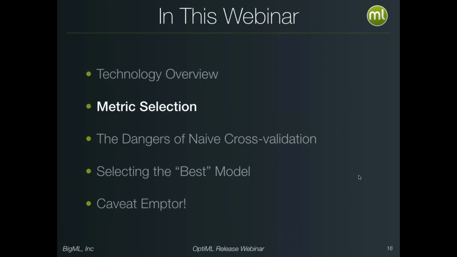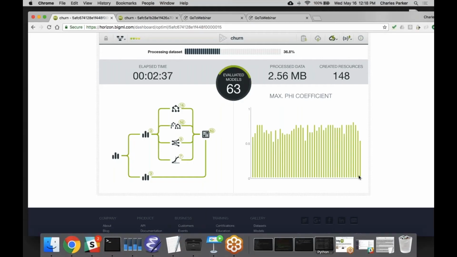The caveat here is that even if most metrics are pretty correlated, a good model by one measure is usually a good model by most other measures, but sometimes they're not. There are cases where a particular metric disagrees with the other metrics. Those cases happen. I wouldn't say the majority of the time, but they happen often enough that you need to be thinking about it. And so if you do try to choose the right metric by hand for your data set,